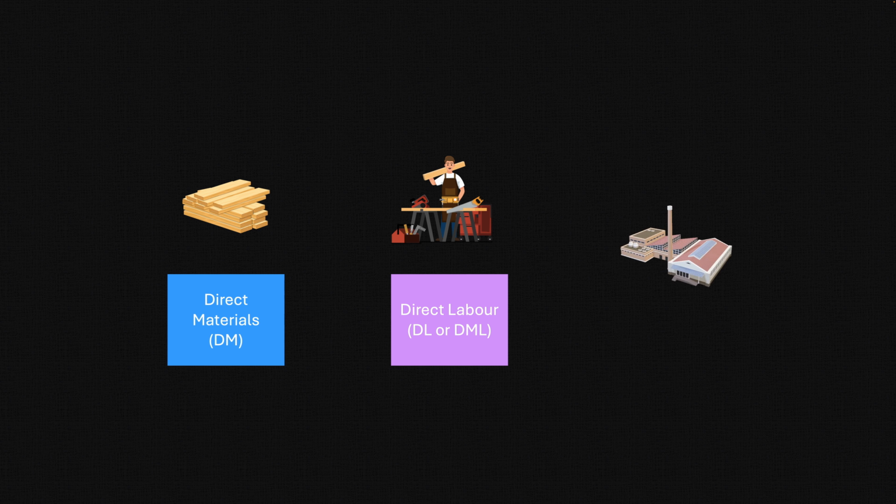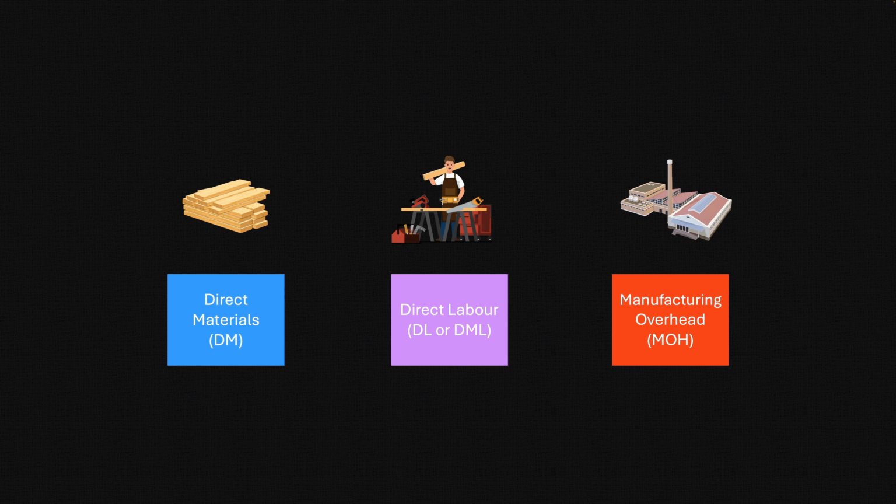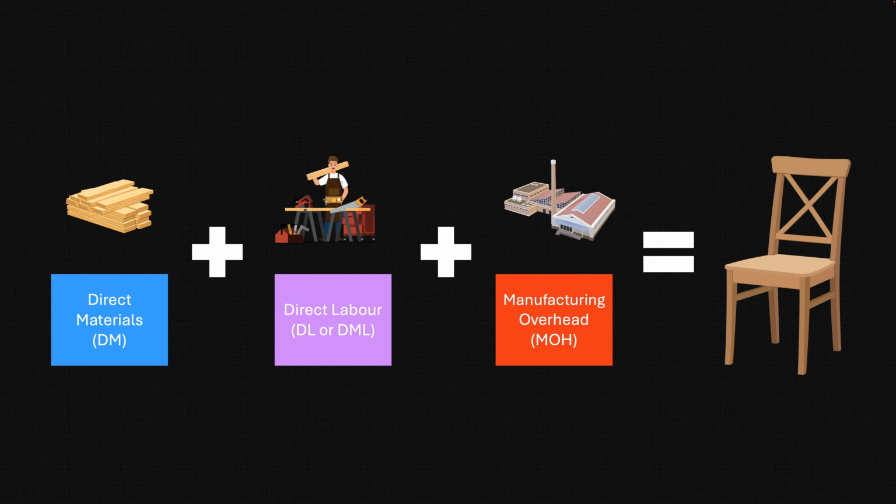And then we have our manufacturing overhead, MOH. A simple way to think about this would be direct materials plus direct labor plus manufacturing overhead gives us our final finished good. But we know it's not exactly as simple as that, because at the end of the period,